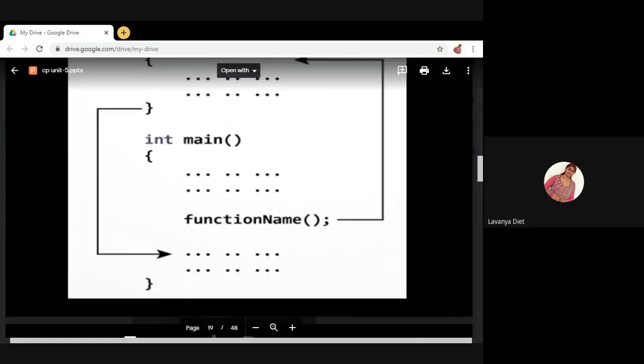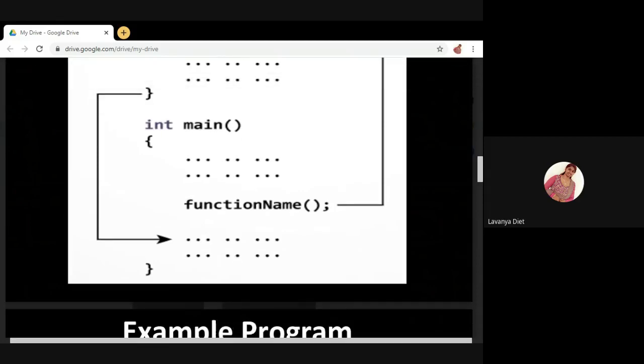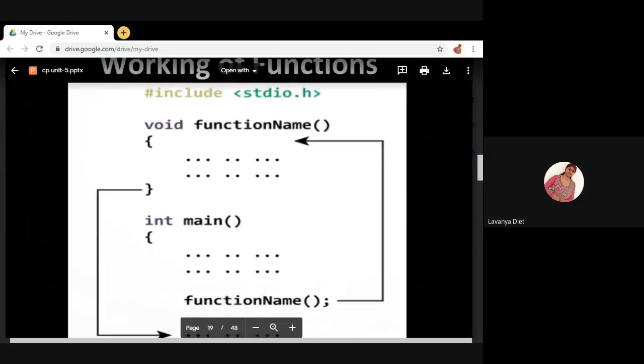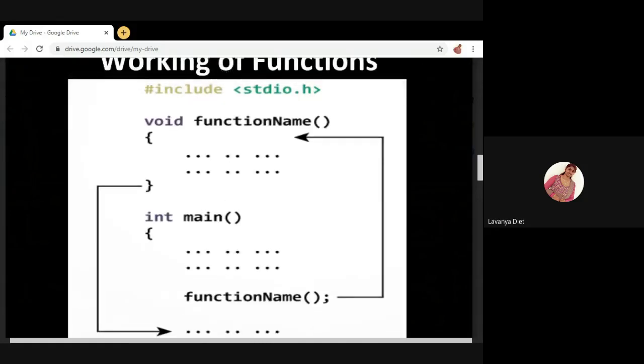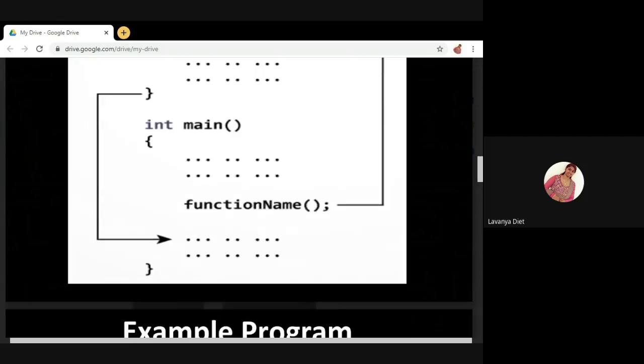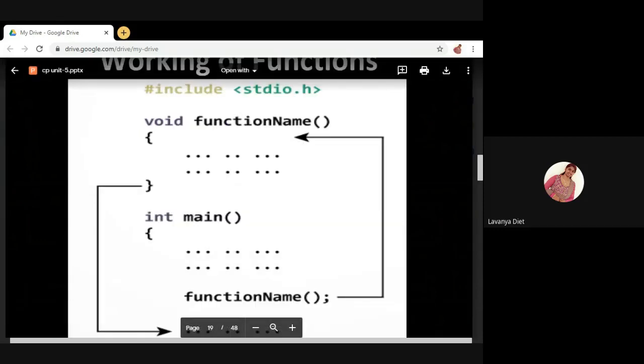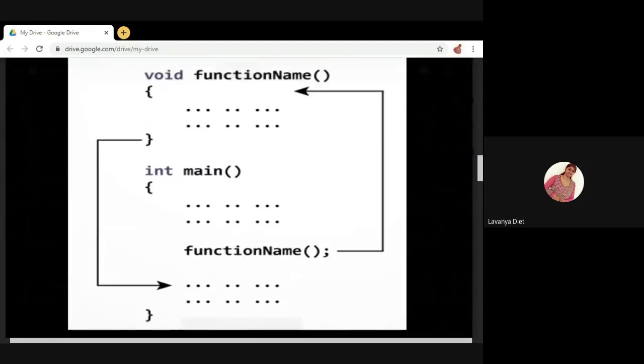Now, next, inside int main, there are some statements. Now here, see here, this function is not returning any value. See, void means this function is not returning a value. So if a function is not returning a value, simply use the function name and parentheses. Here we are not passing any parameters to this function, so the parentheses are empty. I am not passing any variables.